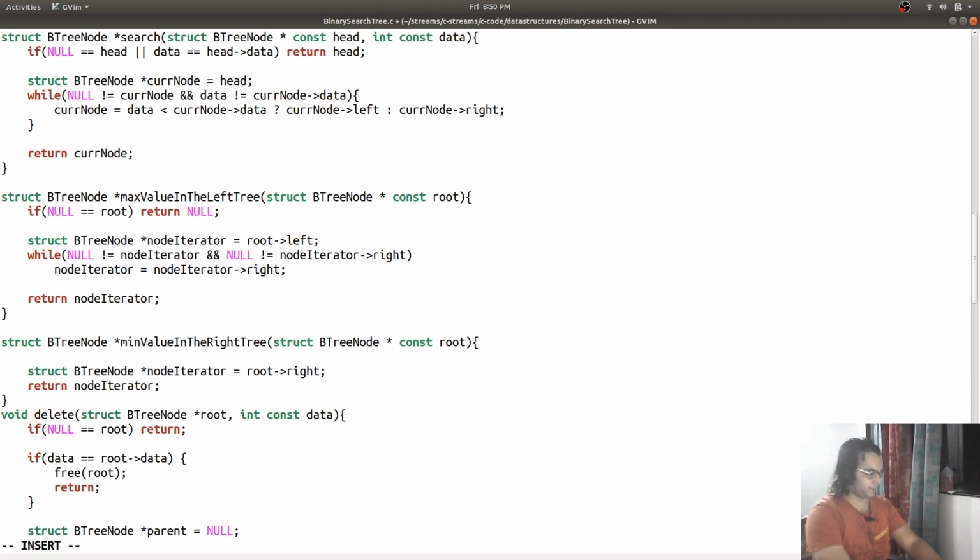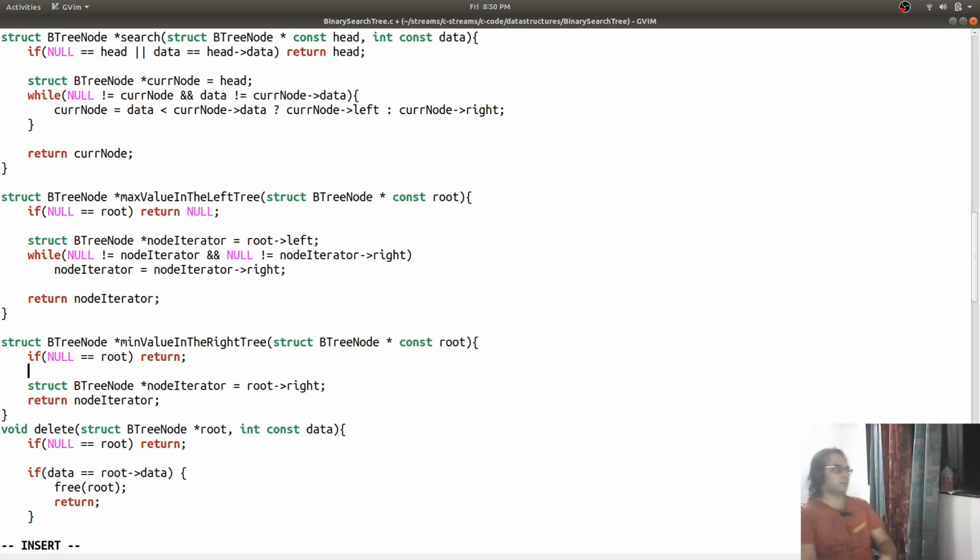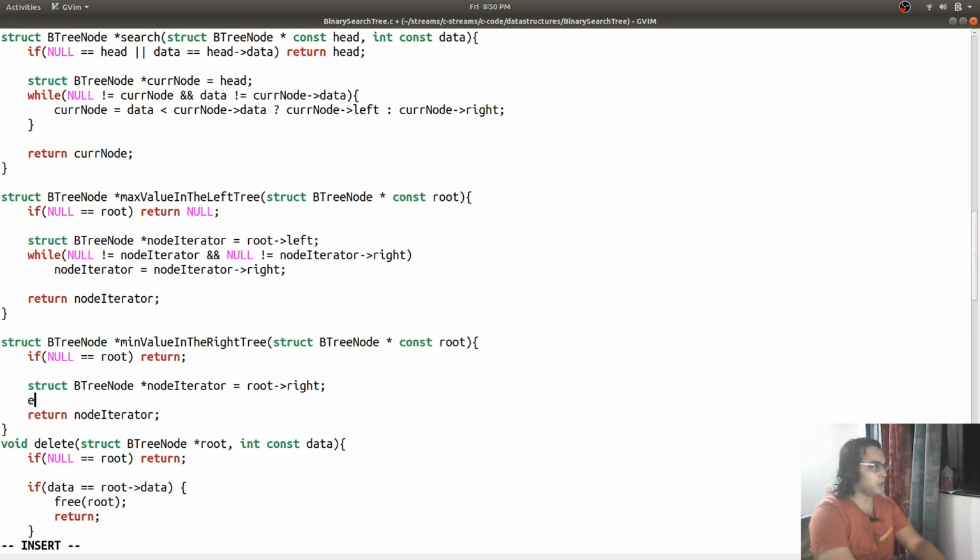Right node. So this is our node iterator of the right tree, and we have to look for the least value, or the minimum value in the right tree. And minimum value in a tree, whether it is left tree or right tree or subtree, is always on the leftmost side of the tree.